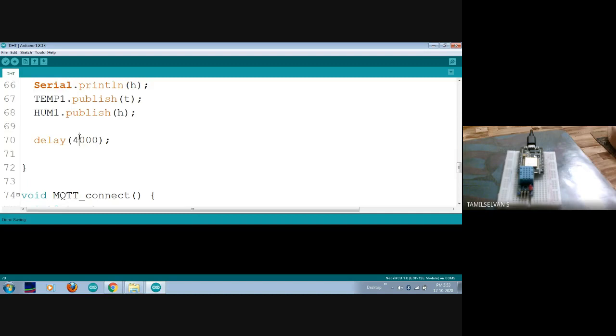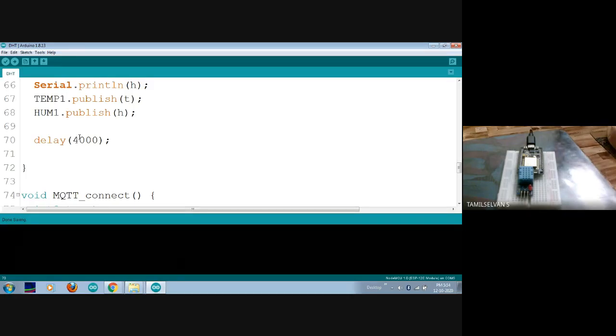Say for example, in one particular minute, if I'm sending 40 data, the first 30 data alone will be stored in the cloud, and the 31st to 40th data will be ignored by my cloud. After 1 minute is over, it will start accepting my 41st data. The 41st to 70th data will be accepted and displayed in my cloud, and the 71st to 80th data will be ignored. So it will accept only 30 hits per minute. That's a major problem, so I need to calculate my data and my delay accordingly.